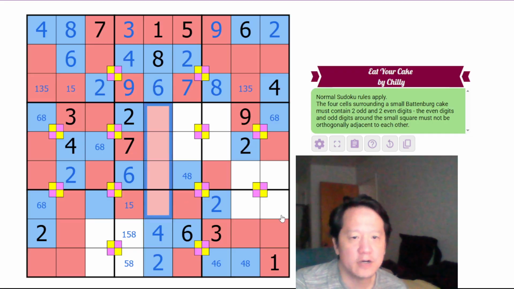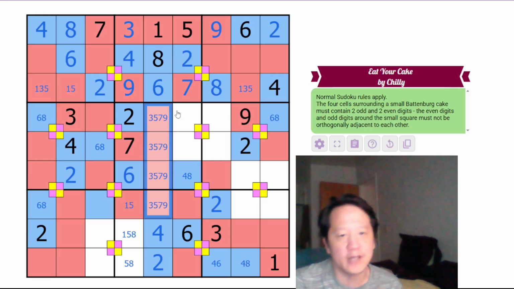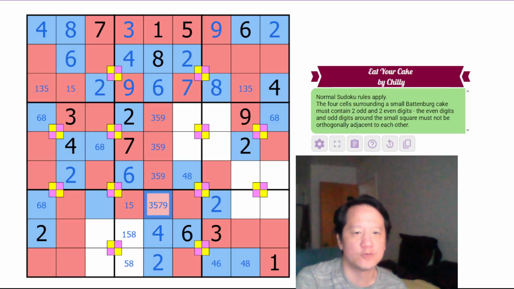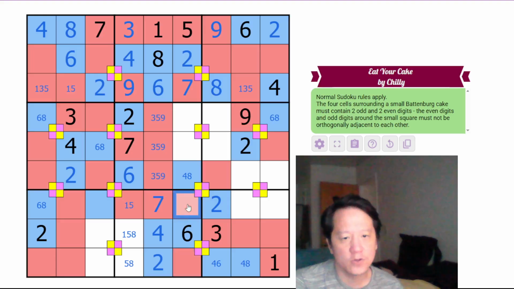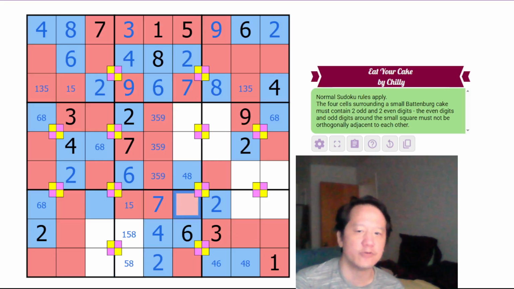Remaining digits of column 5 are 3, 5, 7, 9. And 7 cannot be any of these digits here. So this is a 3, 5, 9 triplet, which forces this to be 7 here. Remaining digits, we have a 1, 5, 8 triplet in the box, so that leaves 3 and 9 remaining in